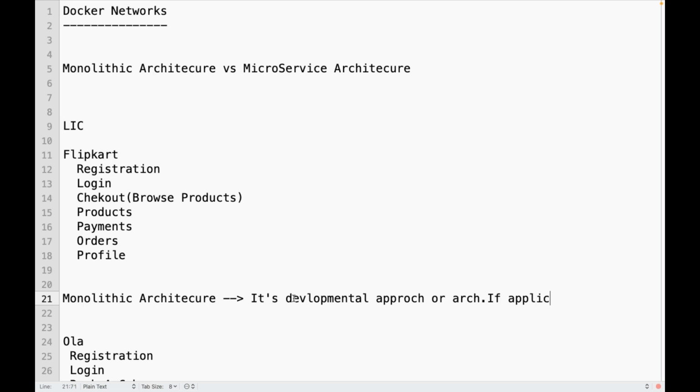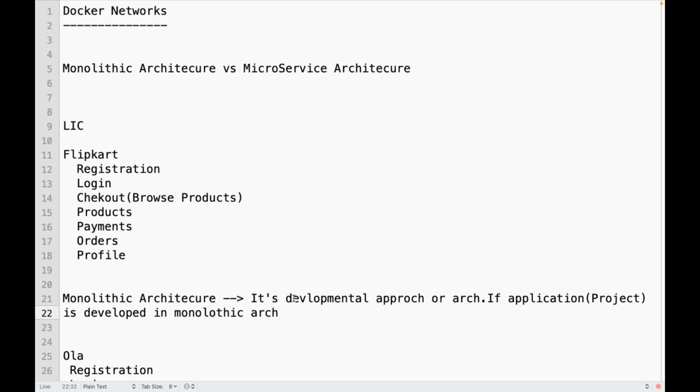Application is nothing but a project, right? If the application is developed in monolithic architecture, all the features or modules, registration being one feature or module, both are almost the same,